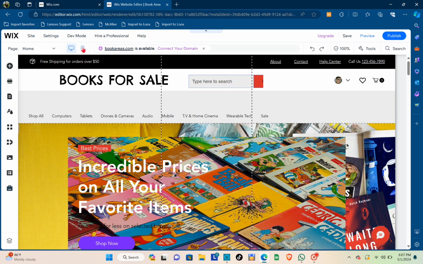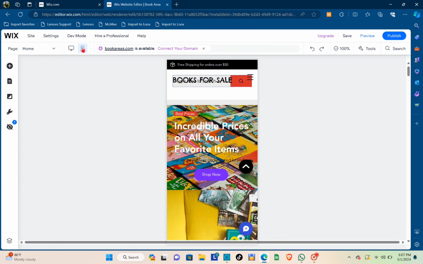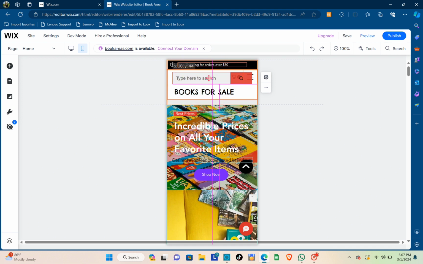Okay, so right here you see a bunch of elements in the desktop view, and when you go to the mobile view, you can see that there is a lot of overlapping, especially in the elements, the text. So all you need to do is arrange this accordingly. But you don't have to worry because it will not affect how it will be displayed on the desktop view, because this is the mobile view and how you edit things right here will stay as it is on the